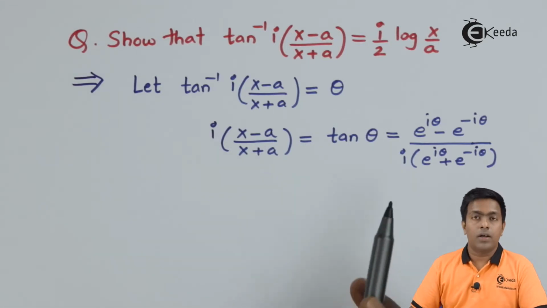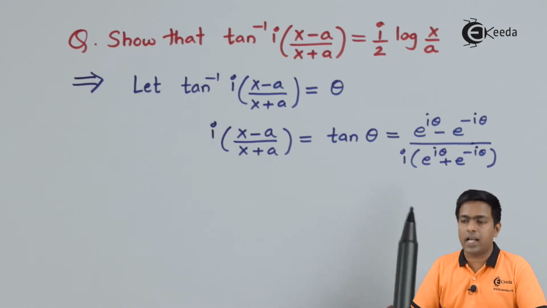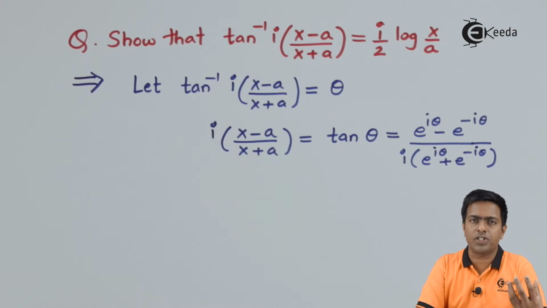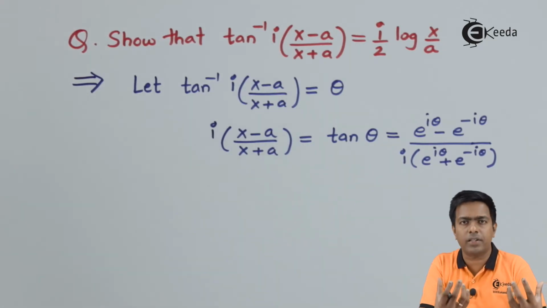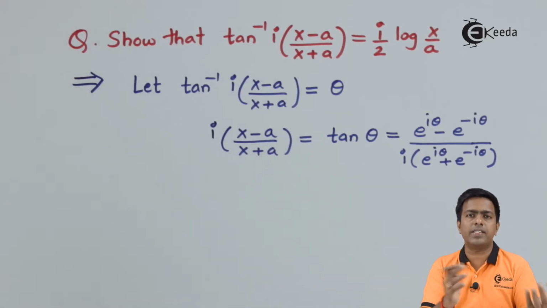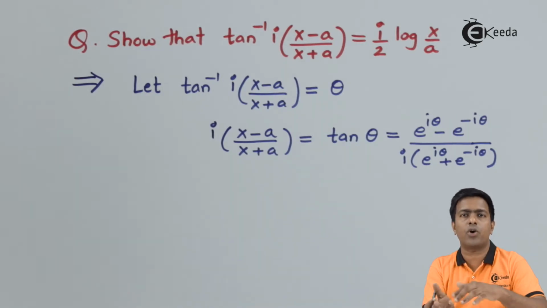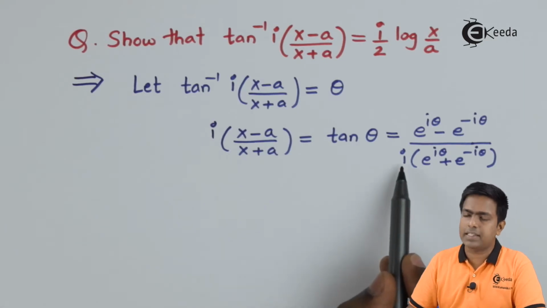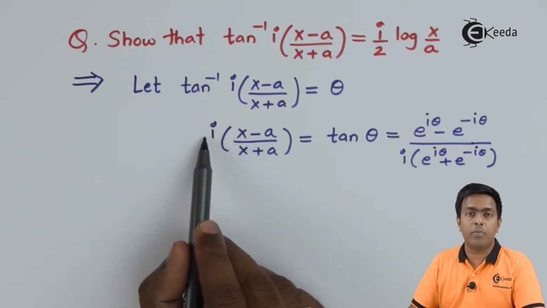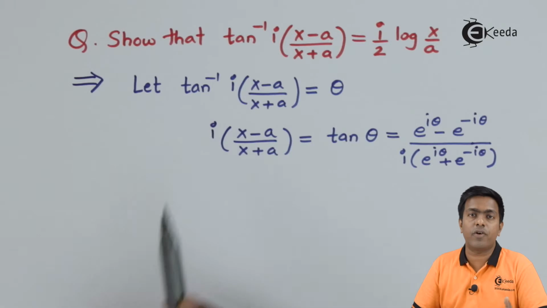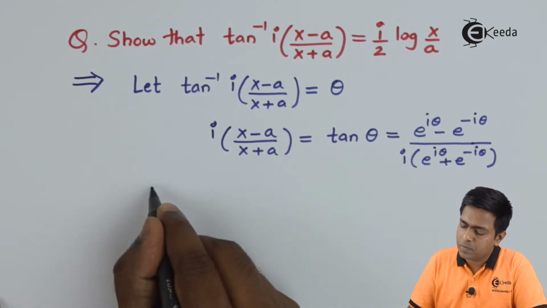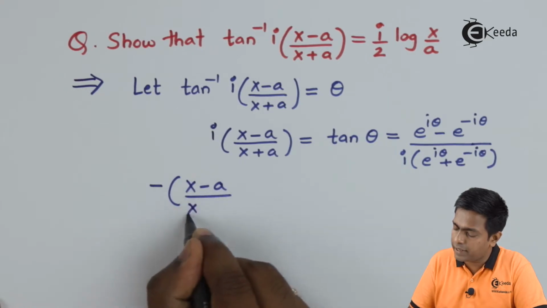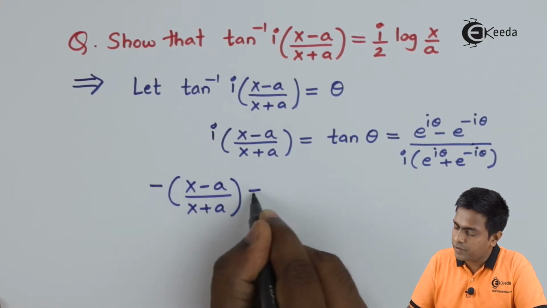Now using this formula, I've created the exponential term, and you all know that the exponential function has a relationship with the logarithmic function, so it becomes easier to convert exponential function to log or log to exponential function. Now let's solve it further. I'll take this i on the other side, it will multiply this i, and that will be i square, which is minus 1. So we'll get negative of (x minus a) upon (x plus a), which is equal to